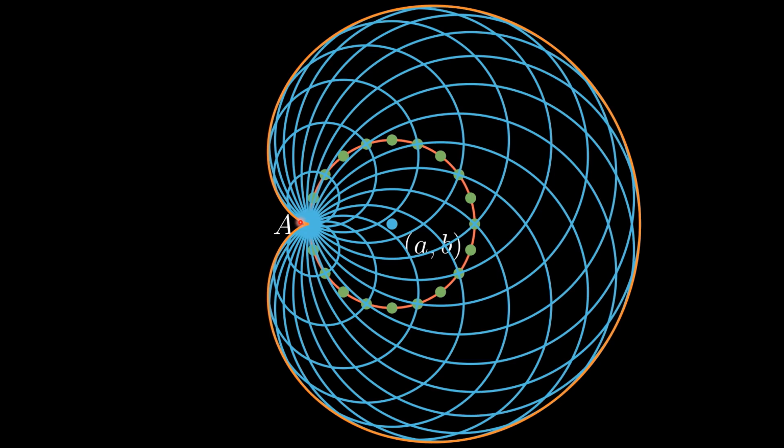It's more like a bean, or it looks like an apple with a stalk removed here. So let's continue and look at some of the properties